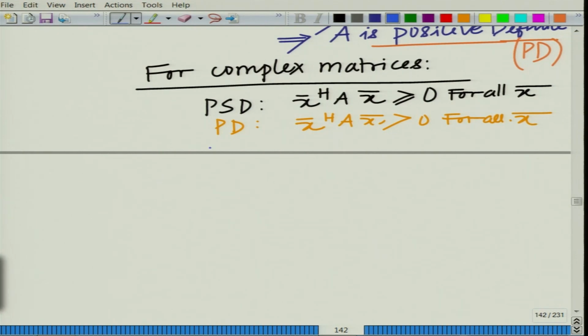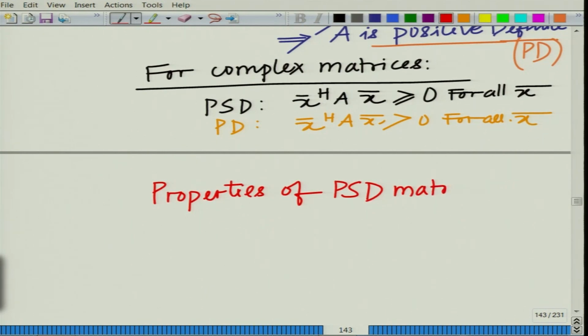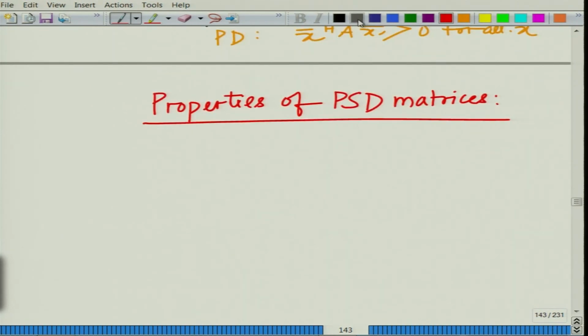So, let us look at properties of positive semi definite matrices. And what is the property of the positive semi definite matrices? The first, very important property,